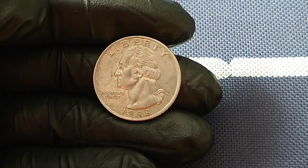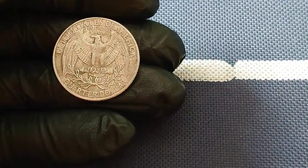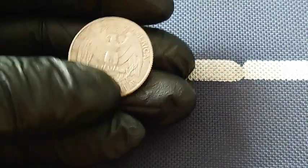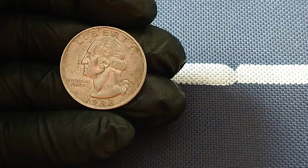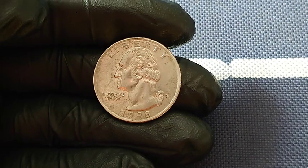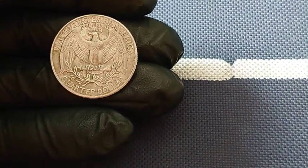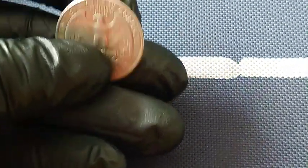But it doesn't end there, because hidden within the coin's surface are even more enigmatic traits, such as a rare planchet flaw known as a lamination error, where a thin layer of the coin's metal surface has peeled away slightly due to contaminants in the metal or improper bonding during planchet preparation, revealing striated textures and hairline cracks that shimmer differently under light, adding yet another layer of mystery and uniqueness. And still more astonishing is the discovery of a partial collar strike, which creates a bizarre step-like rim on the edge of the coin, a visual cue that the coin was not fully seated in the striking chamber when pressure was applied, and in combination with the off-center strike, die cud, and double die obverse, this results in an alignment